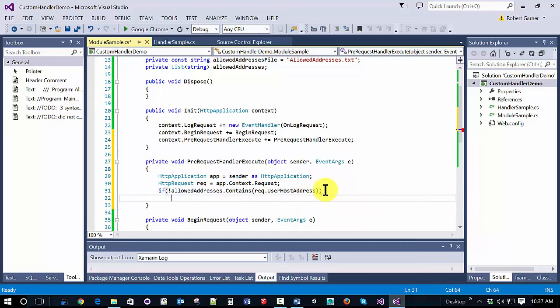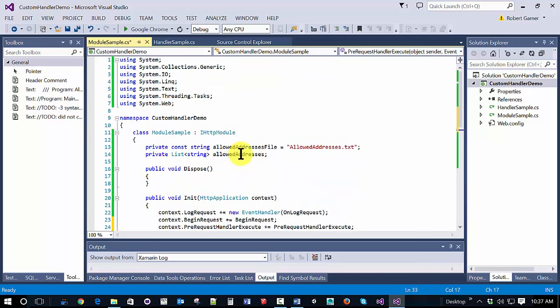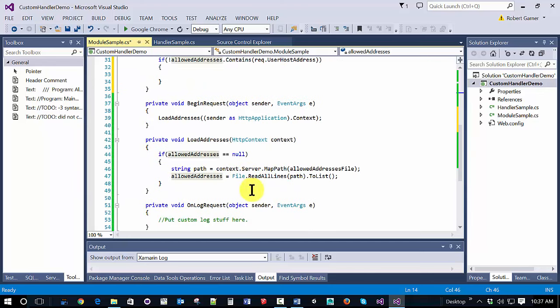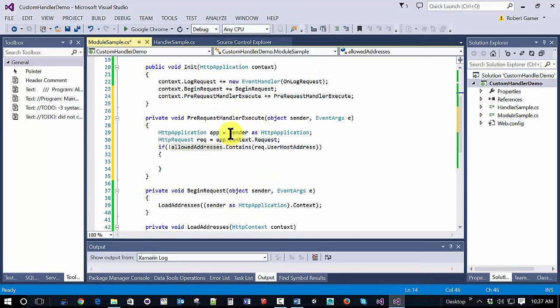So what will happen is we're going to look at our allowed addresses up here that got filled in the load addresses method. And we're going to see if it contains the user's host address. If it does, then obviously that would be okay. We're actually looking to see if it doesn't contain that, because we put this not operation here. And if it